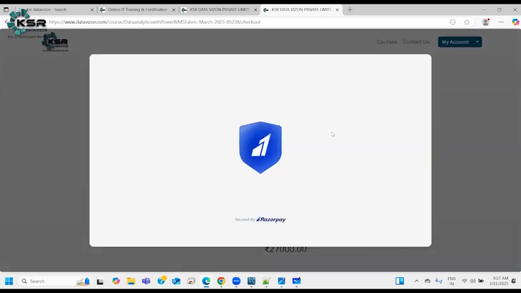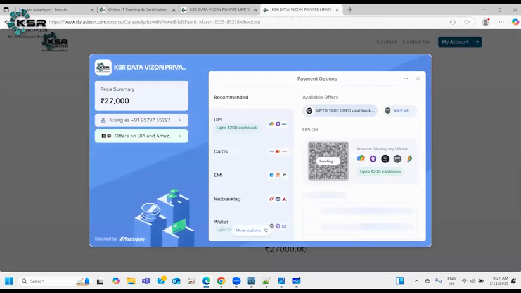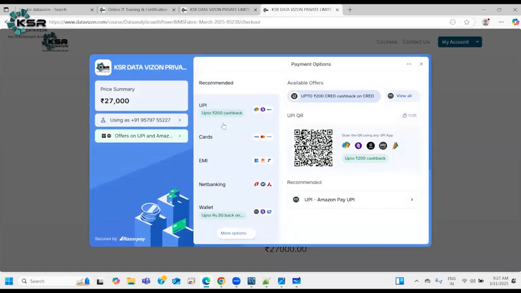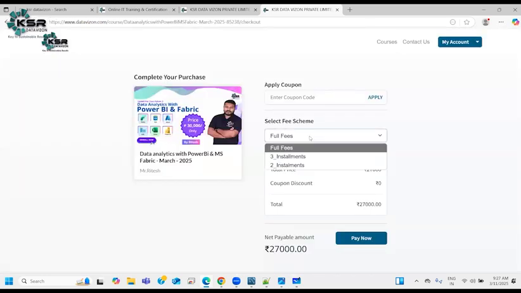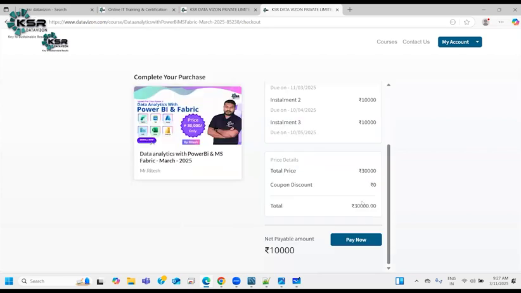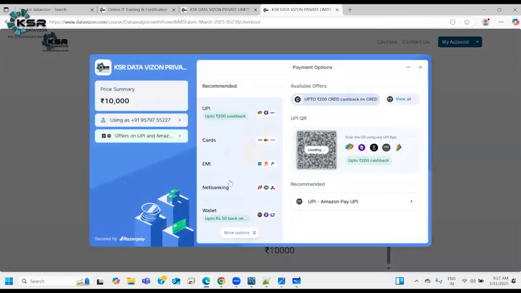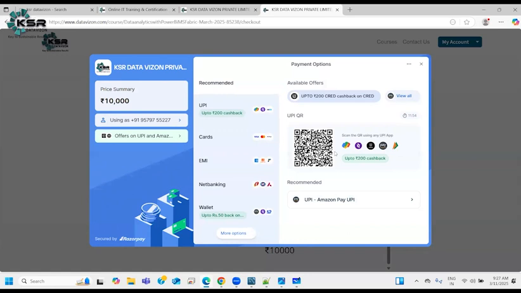Now at the payment gateway, you need to mention whatever mode of payment you want to do: UPI, cards, net banking. Whenever you are making any EMI payment, first select this option. Select 3 installments or whatever option you want. The EMI option would be automatically created. Click on pay now. It will open that payment link again. So for the next payment, you can use the same option,